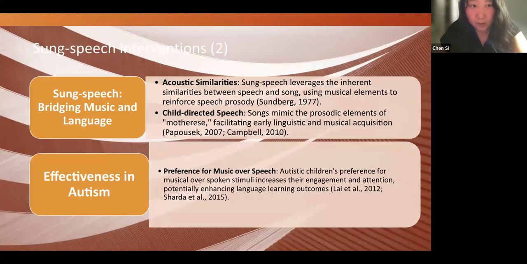So we have also tried sound speech, which we believe can probably bridge music and language. Sound speech also has acoustic similarities to speech, and also to child-directed speech. So the sounds can mimic the prosodic elements in child-directed speech.